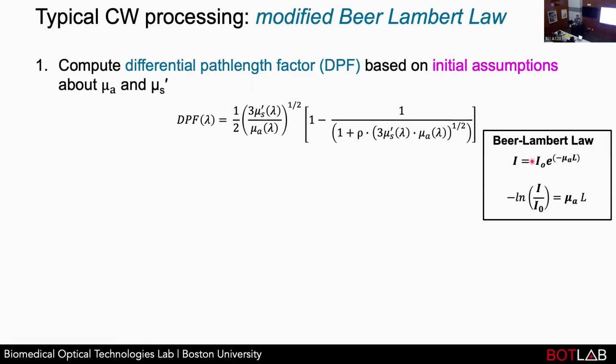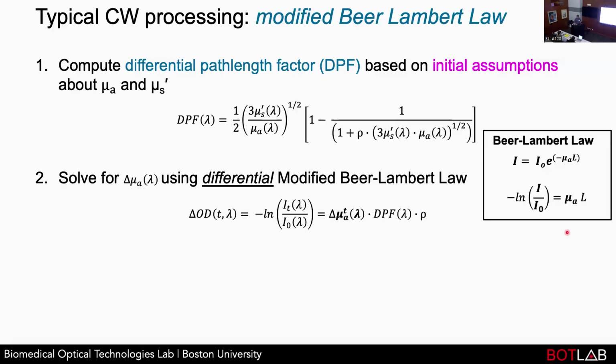Remember our Beer-Lambert law? Light out equals light in times this exponential term. If we reorder this, bring I naught over to the left and take the natural log, get rid of this exponential term, you can just show it in this way. Okay, I'm showing you that because in the next line, we can solve for changes in mu A using what's